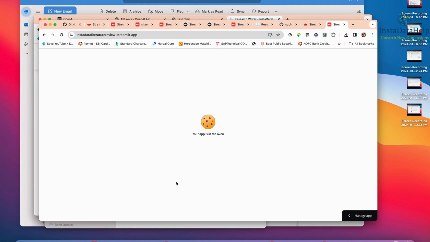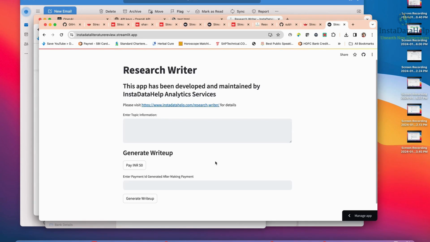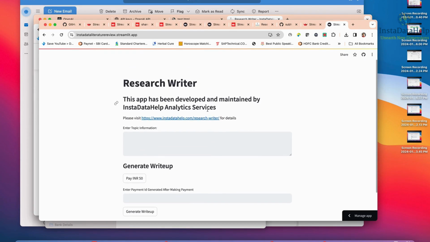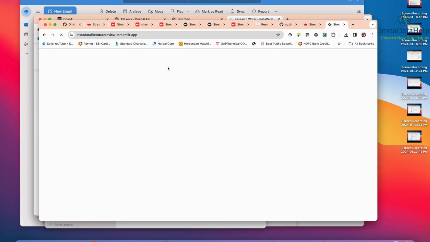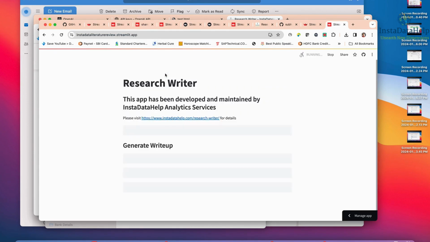It will take some 2-3 minutes time. It is done. You will be finding this app, okay, and this is the link, Instadata literature